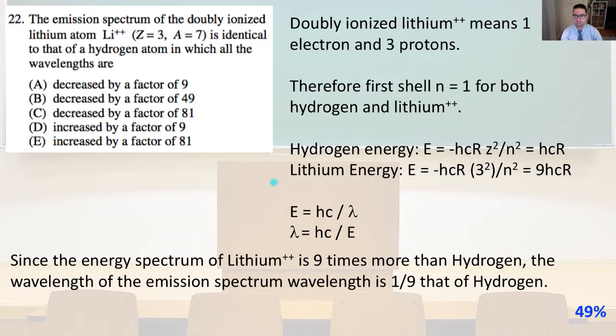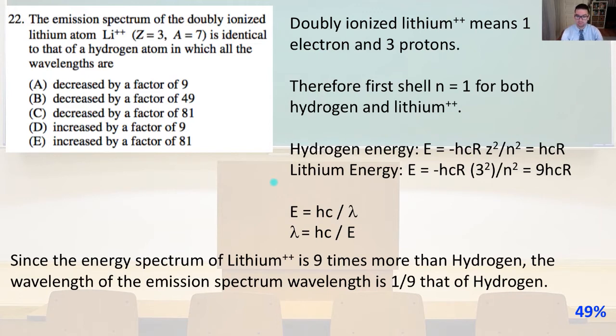So the hydrogen energy is going to be E equals negative hcRZ squared over n squared, and we have Z equals 1 for hydrogen. Z is the proton number, and n again equals 1, so that's going to equal hcR. The energy of the doubly ionized lithium is going to be E equals negative hcR times Z squared, which is 3 squared, over n squared, and remember n is equal to 1 also, so that equals 9 hcR,